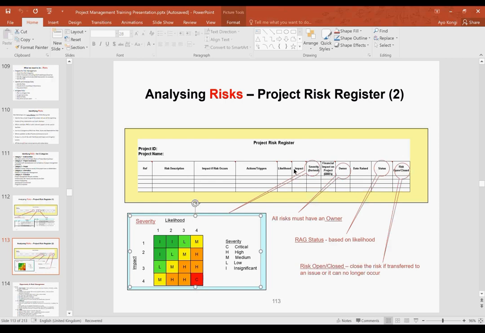So if your likelihood is 4 and your impact is 1, you can see that it's at the M stage here. So that is how to describe what your likelihood is and what your impact will be, and from there you can get your severity. So the multiplication of impact and likelihood gives us severity, really. Okay,